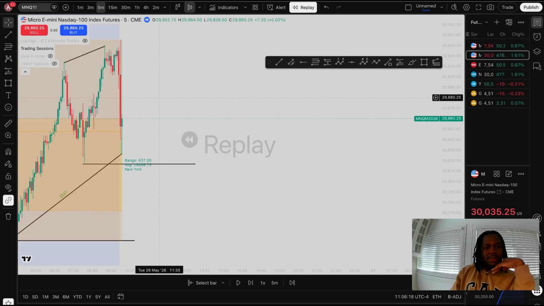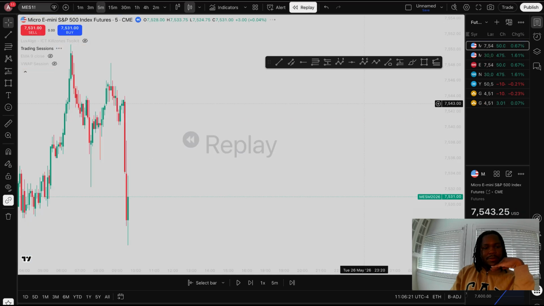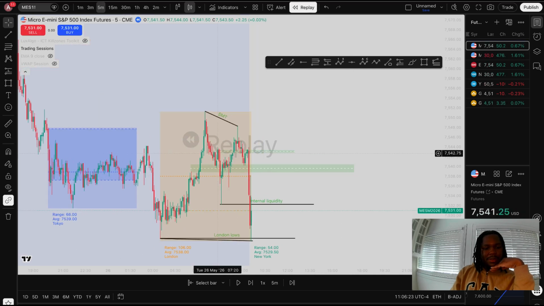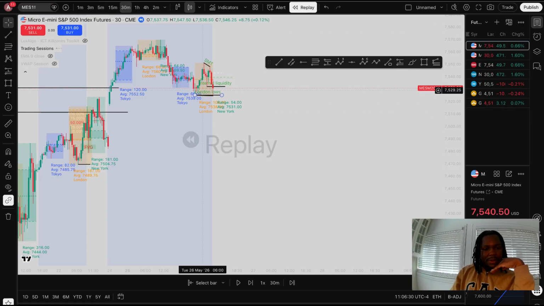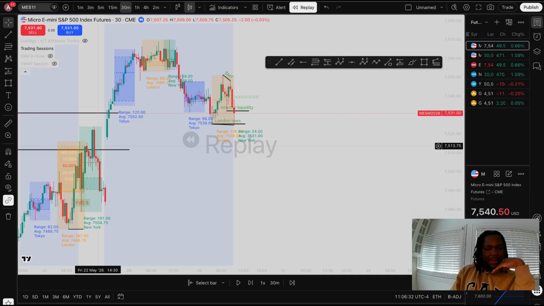So I'm just waiting to see price push back up. And the reason why I took this trade on MES is because, as you can see, MES has dug deeper and actually swept liquidity, as well as if you go to the higher time frames, we have a volume imbalance, or like an imbalance, a huge imbalance here,